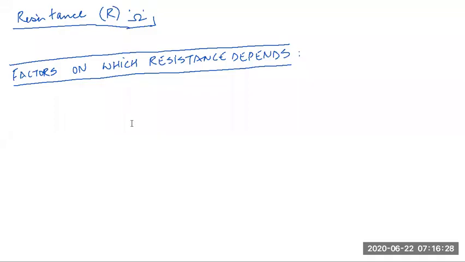So, students, today we are going to discuss some important topics in electricity. First is resistance. Now, according to Ohm's law, we all know that potential difference across a conductor, we always say, is proportional to the current flowing through it, that is